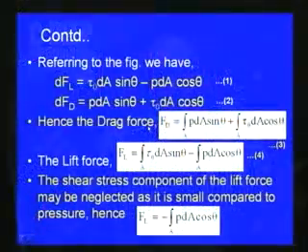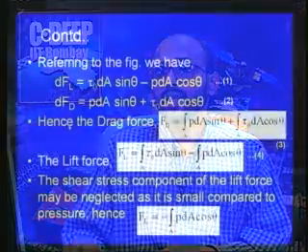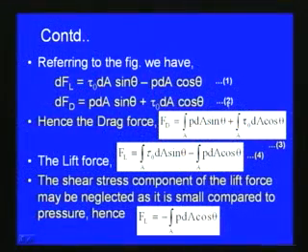So now to find the total drag force for the area which we consider, we can just integrate with respect to the area, say for the two-dimensional case. As far as the drag force is concerned, we can integrate this expression, equation number 2. So the drag force Fd is equal to integral P dA sin theta plus integral tau 0 dA cos theta with respect to area A. This expression gives the equation for the drag force for the body which we consider.